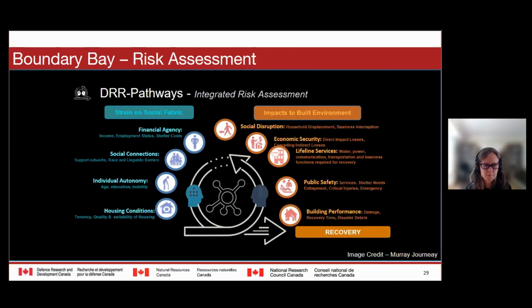And as I mentioned, once we've done all these hazard assessments, the next step will be moving into the risk assessment, which I'm really not going to talk about. But the risk assessment, you can look at a range from the strains on the social fabric. What does it mean to people in terms of the impacts to their pocketbooks? What does it mean for employment? What does it mean to your social network, your network connections? What does it mean in terms of your individual autonomy? Those people who may be older or younger, with limited education, mobility issues, thinking about housing conditions,